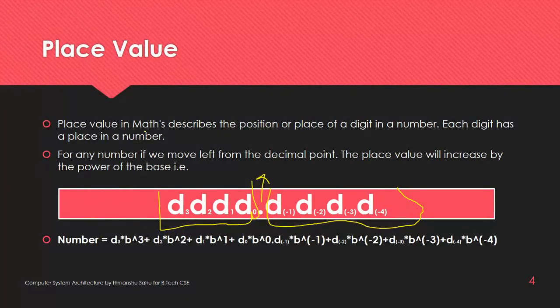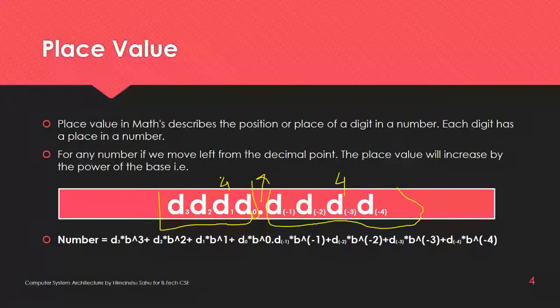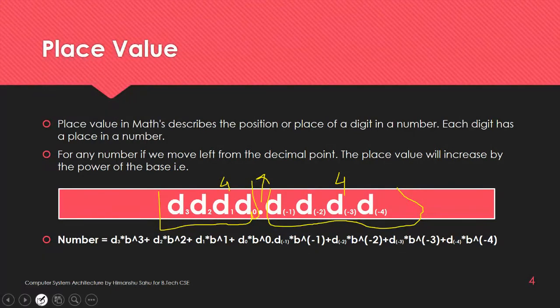So what is a place value? Place value simply represents that if we place 4 at this point, or if we place 4 at this point, what will be the difference between the two? The place value justifies the symbol 4. If we put it over here at this point, at this point, at this point, the values will be different, and that different value will be calculated with the help of the place values. Fine. So how do we calculate the number? We just multiply with the bases.